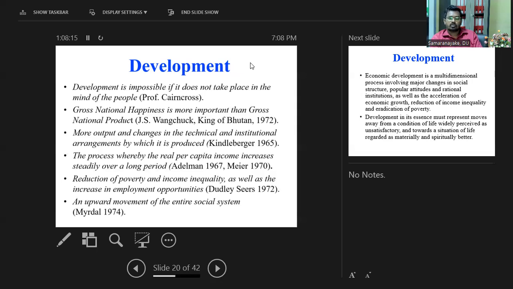So we can discuss a lot about development. We can use different theories, different concepts, and we can create nice policies. But still, if this is not in our mind, if this is not a part of our mindset, then this will not work, right? So this is really important, especially for countries in South Asia and even in Sub-Saharan Africa, even in Latin American countries. This is very important because development should go to the mindset, right? Then it's really easy to achieve.